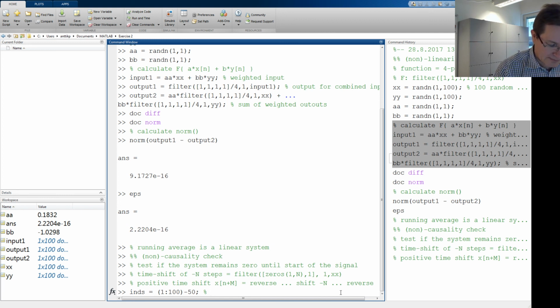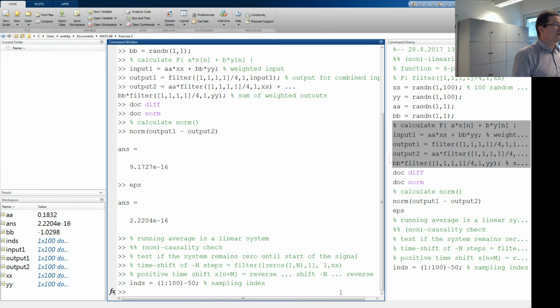So these are the sampling times, or sampling index. I kind of like the idea that the data starts at point 0, and then we can do our xxc, like the xx causality test vector, by multiplying xx